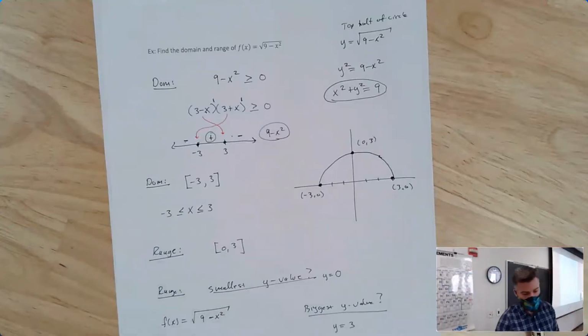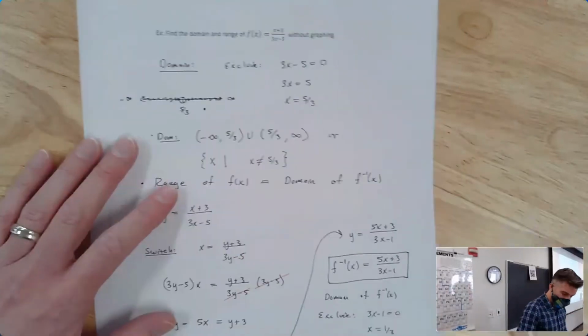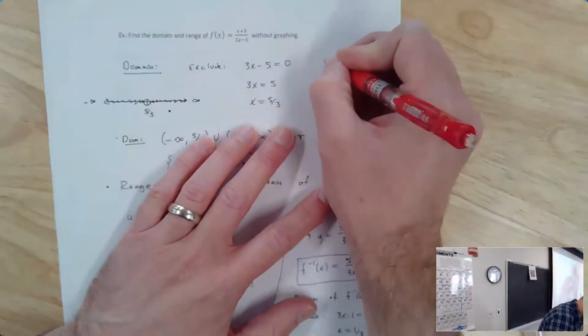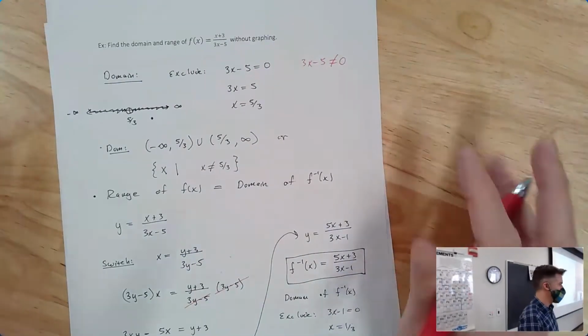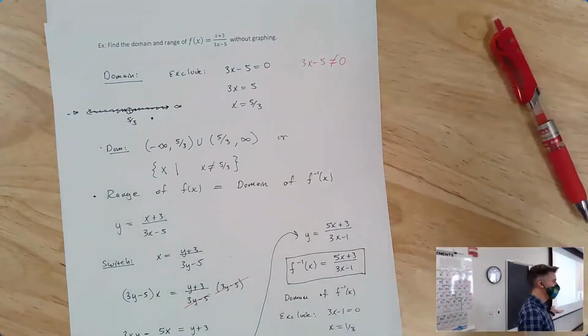Some people, I should also say, do this by saying we want 3x minus 5 to not equal 0. That's another way you can write that. It's just never what I've liked to do because usually you're trying to solve the equation. Like, okay, we don't want